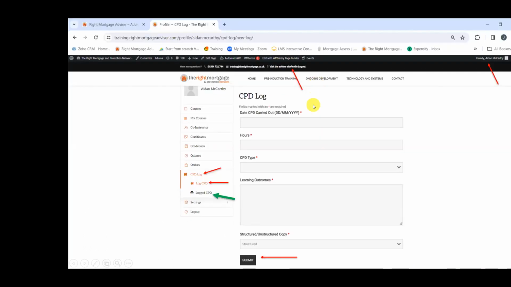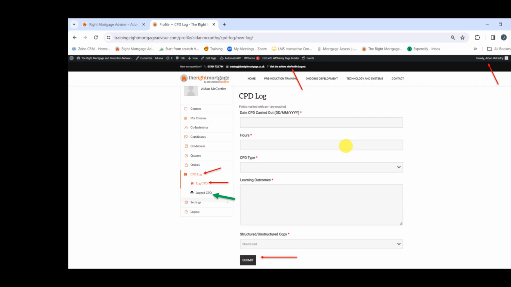So let's show CPD. I'm assuming I'm sharing my screen. Tell me if I'm not. When you're logging your CPD, at the moment, you log it onto the key. We don't want you to do that any longer. So the CPD for today that you're going to go and log after the call, please log in the